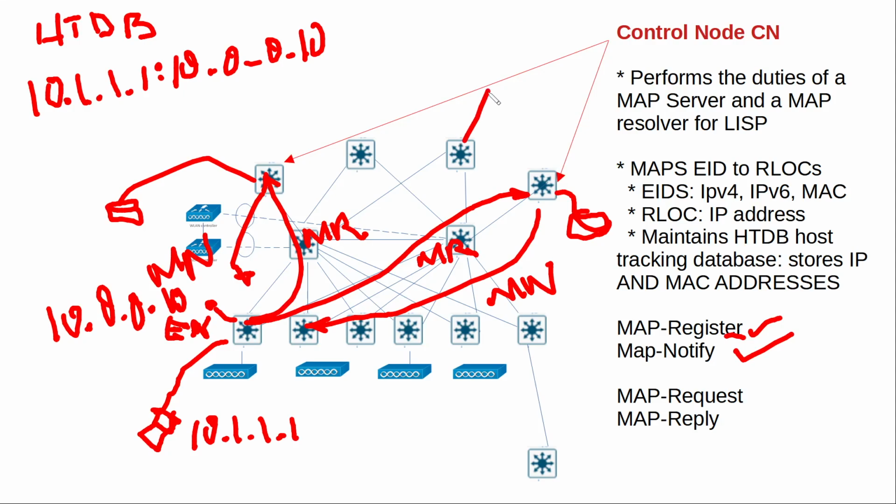And if this border node is connected to a data center and this data center is using the block